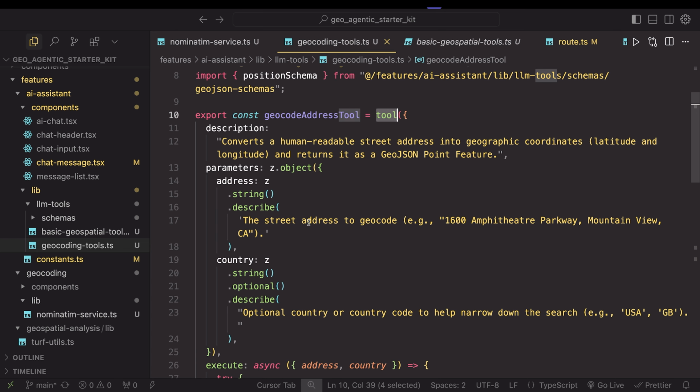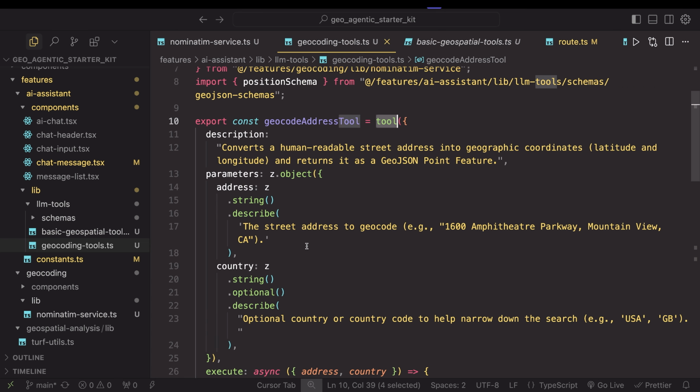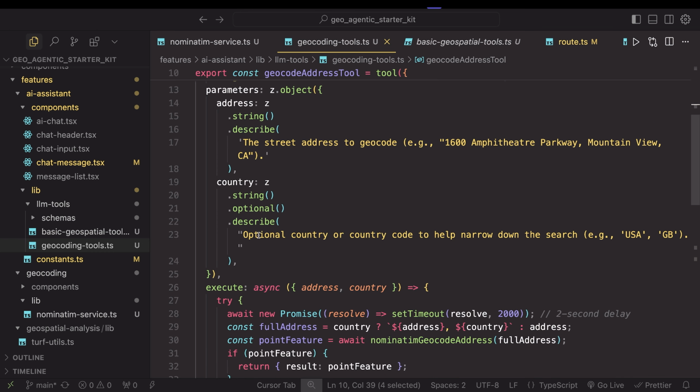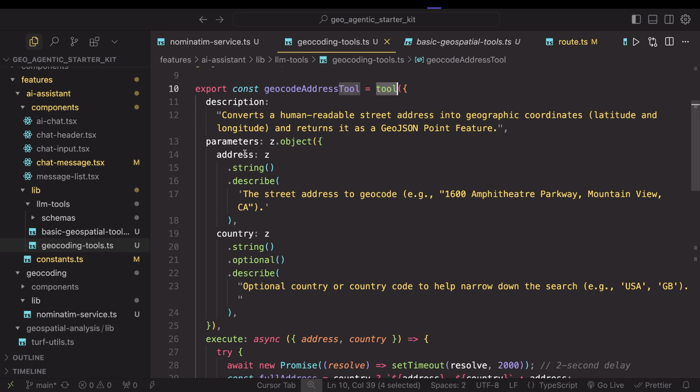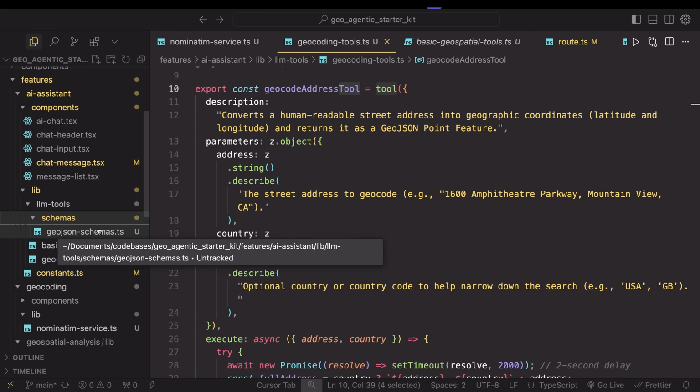And now we define the different parameters and description and also validation. And you can see the schema in here. For simplicity for this video, I put all the schema in the same file, but later, again, to improve the maintainability and scalability of the app, we need to move all these schemas to a separate file, just like how we did in this video for the GeoJSON schemas. Okay,